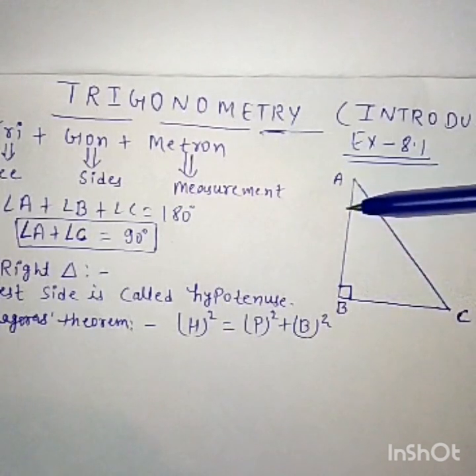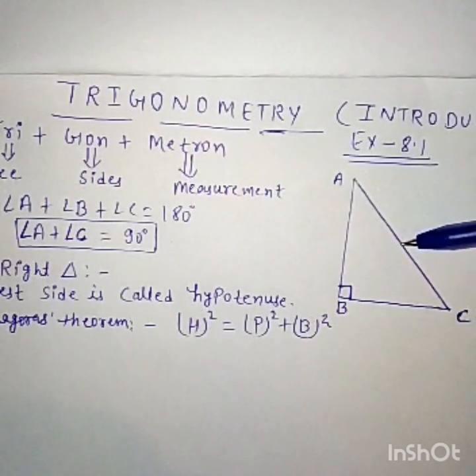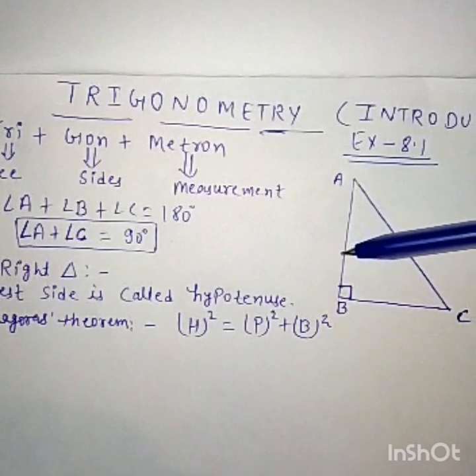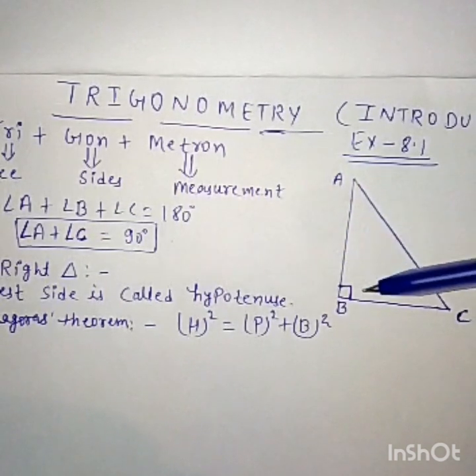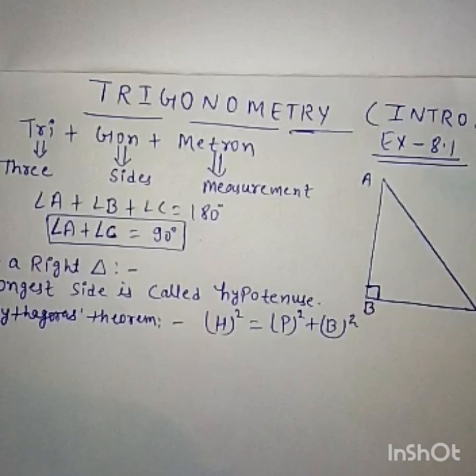Now we talk about angle A. It is made of two sides, AB and AC. AC is hypotenuse, then the remaining side AB is base. If AB is base, then BC is perpendicular. I hope you can easily find out perpendicular and base in a right angle triangle. I am going to repeat it in Hindi because it is the most important part for the first exercise.